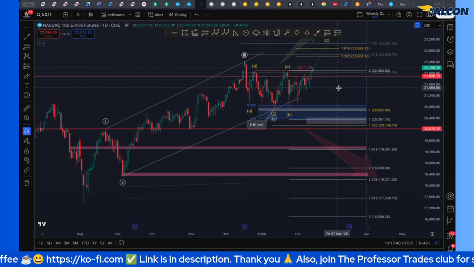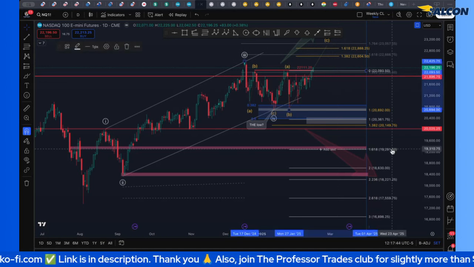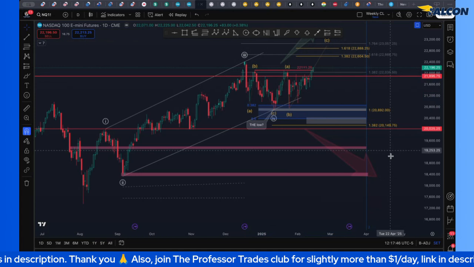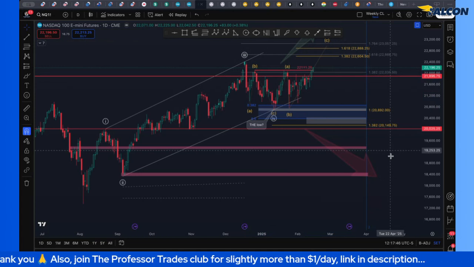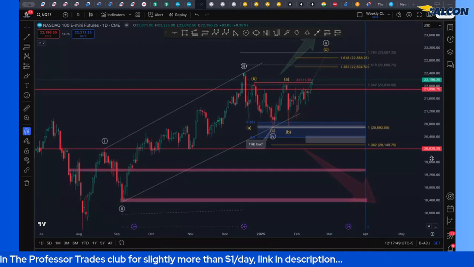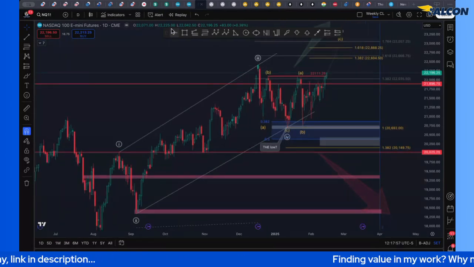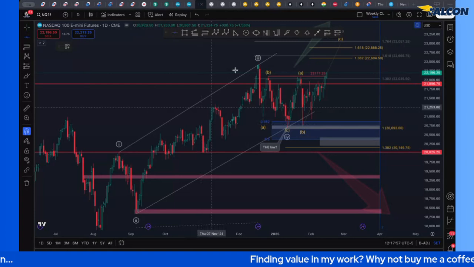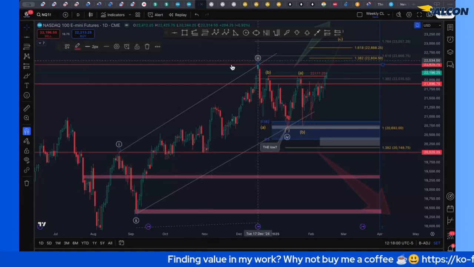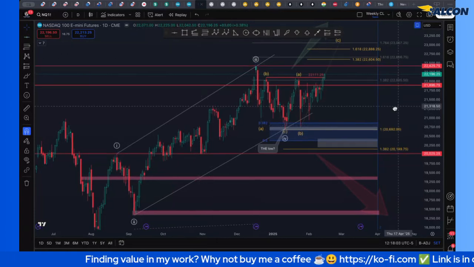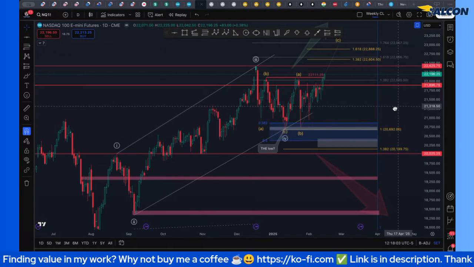Now I'm taking off. I was looking for this downside setup, but it failed. I'm taking it off. And so what remains is this upside structure. And of course, the next line in the sand, very obviously, is what we were calling the top of wave 3. Obviously, that's an important level. So this here,